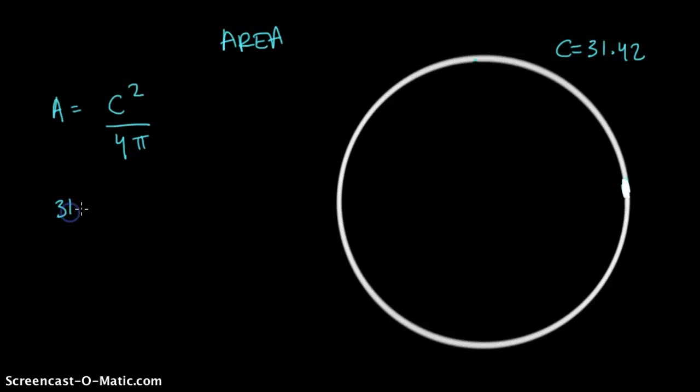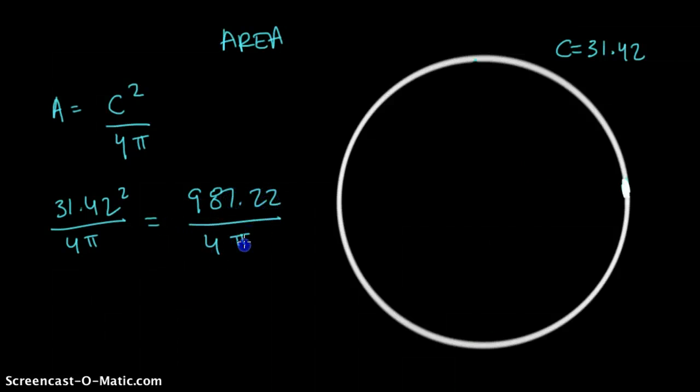My circumference is 31.42 squared over 4 times pi. 31.42 squared, kind of a big number, 987.22. Now 4 times pi, not something we can easily do in our heads typically. It's 12.57, sorry, I wrote the wrong number. 987.22 divided by 12.57 is